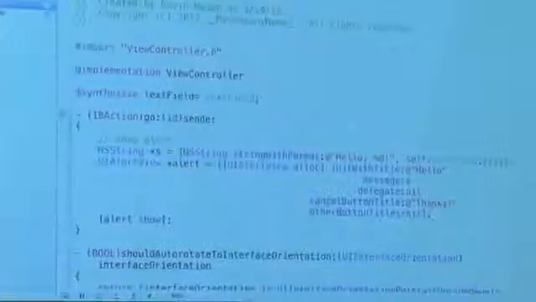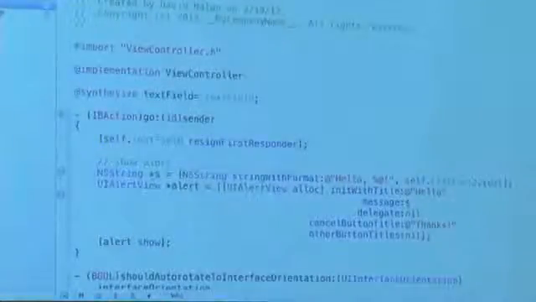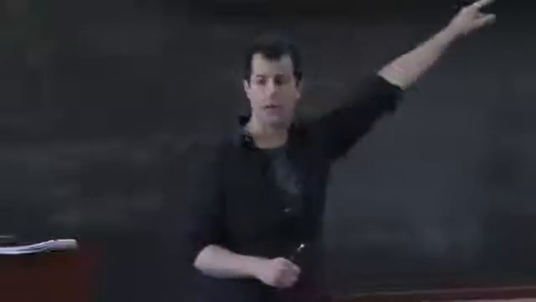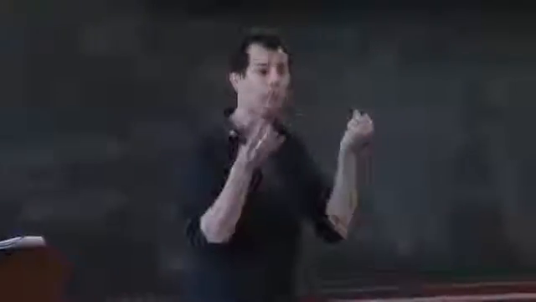Well, let's do one other nicety. Let me go ahead and click thanks. I feel like it'd be nice to kind of clean things up, like getting rid of the keyboard. So realize that we can also do things like this. As soon as this go method is called, I can pass a message to the text field that resigns first responder status. So this is a general notion that you'll see throughout iOS. First responder, much like in the medical world, refers to the person who got to the scene first. And in this case, if you touch the text area, the keyboard's going to come up because the text field